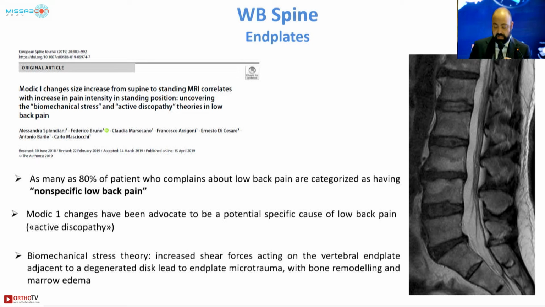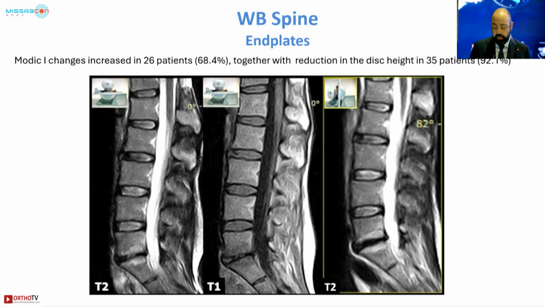The increase in stress force in the vertebral plate can lead to microtrauma, bone remodeling, and bone marrow edema. What we found in our study evaluating patients with Modic 1 changes under load was that Modic 1 changes actually increased in the upright position in a significant proportion of patients, together with a reduction of the disc height,